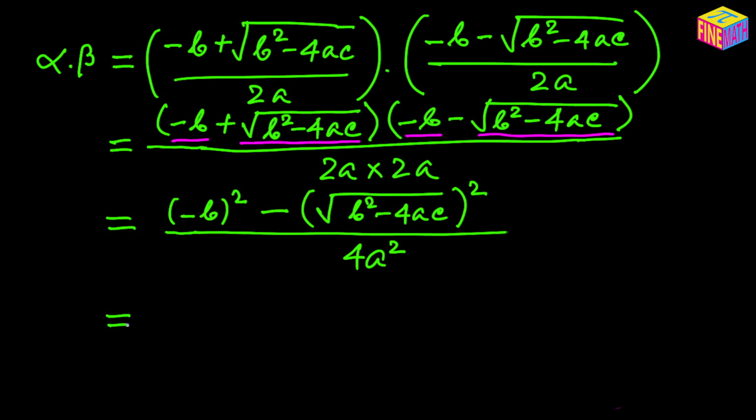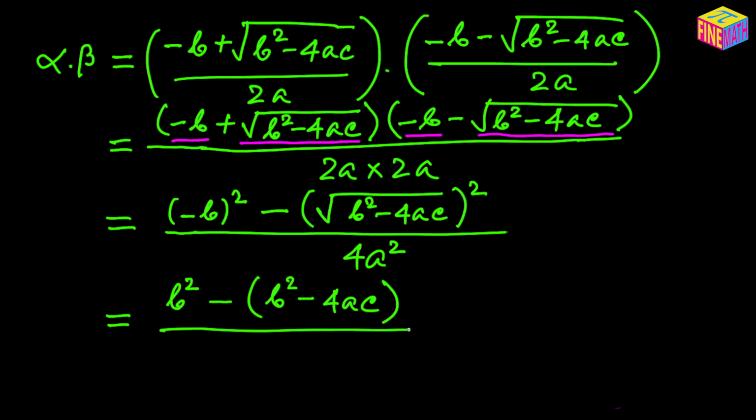If we simplify this, in the numerator negative b squared will be b squared, because we are multiplying negative b by negative b, that becomes positive b squared, and then we have a minus sign, and then we get b squared minus 4ac, because the square and the square root nullify each other. So we are left with b squared minus 4ac,